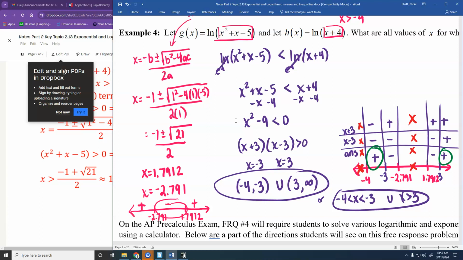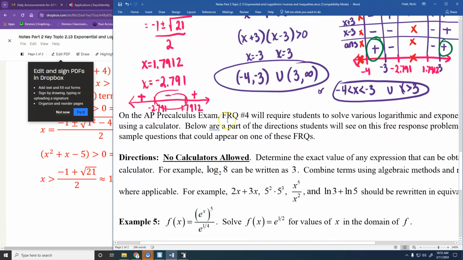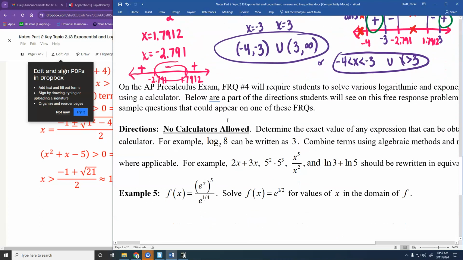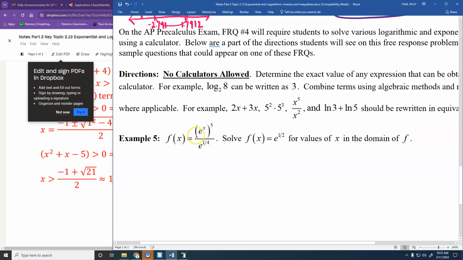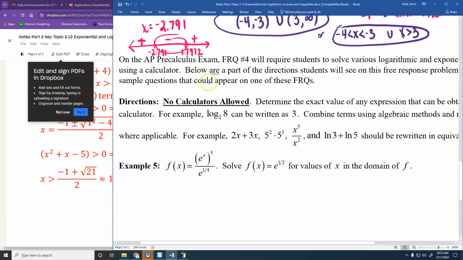Okay, questions? Okay, so these are just a couple of examples of something that are like practice AP problems, because it says